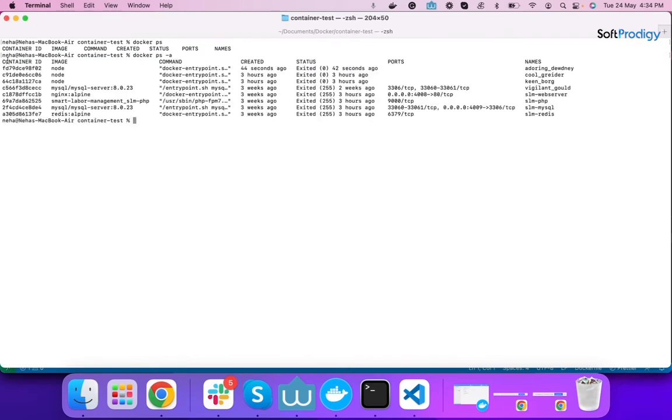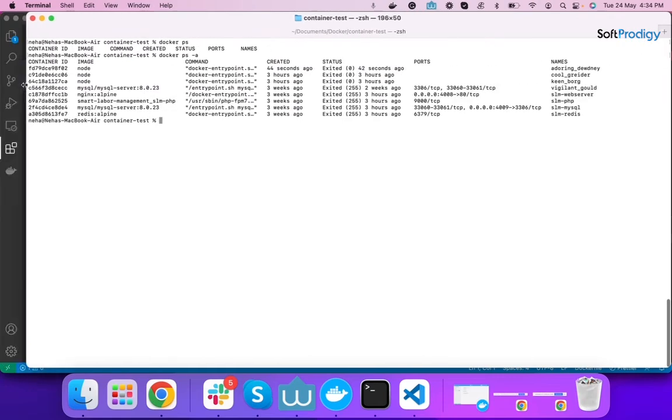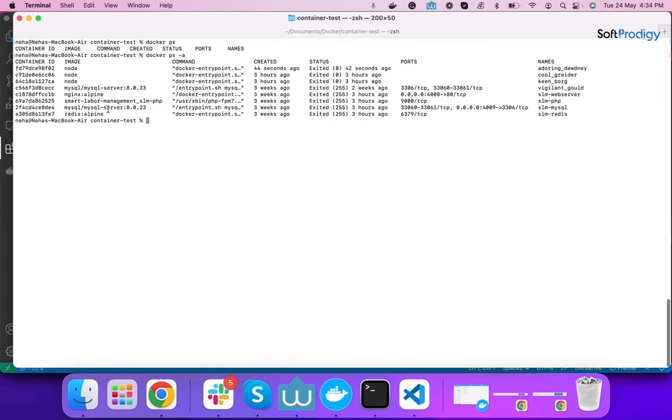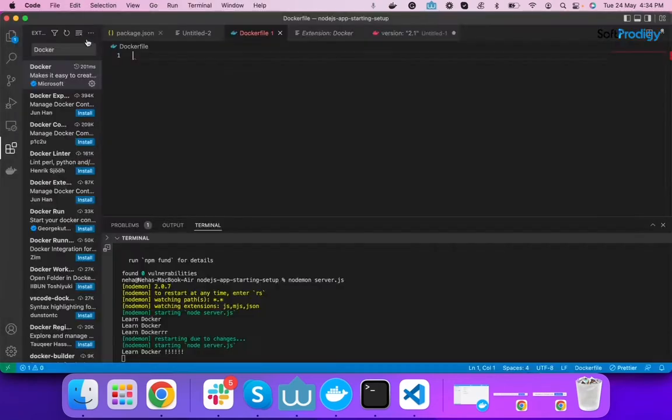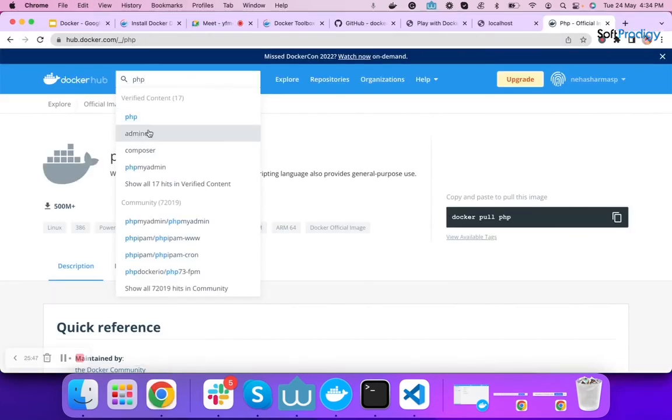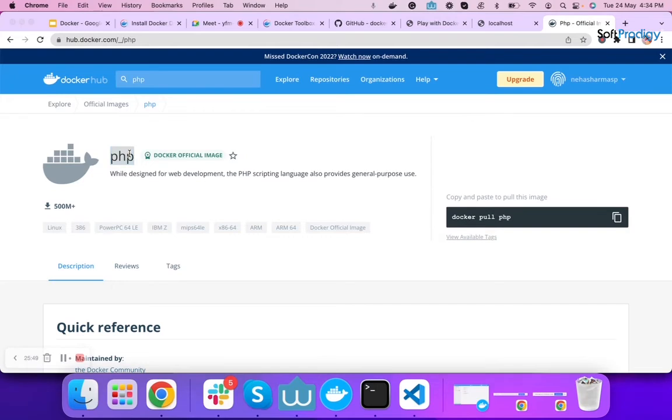So it will show all the processes which were on my computer system. These are all related to a project, and I have configured this Node image previously.